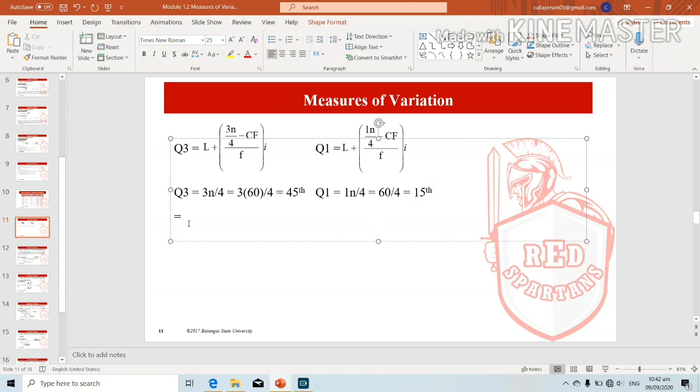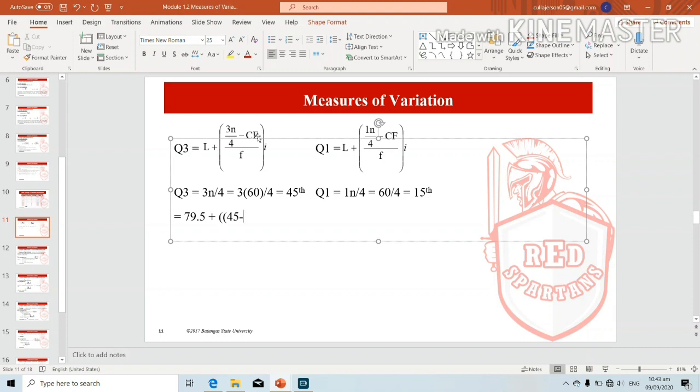So, kunin muna natin yung sa Q3. So, 79.5 plus, yung 3n over 4 natin equal to 45. So, 45